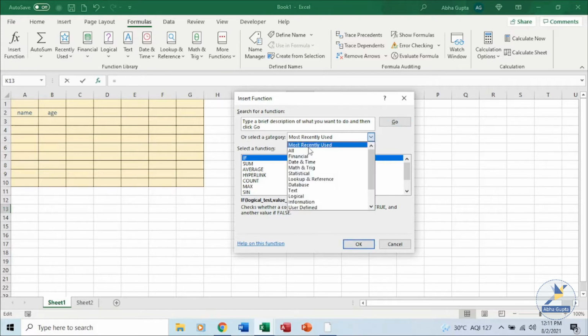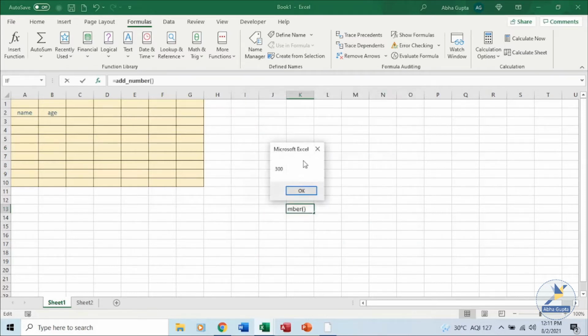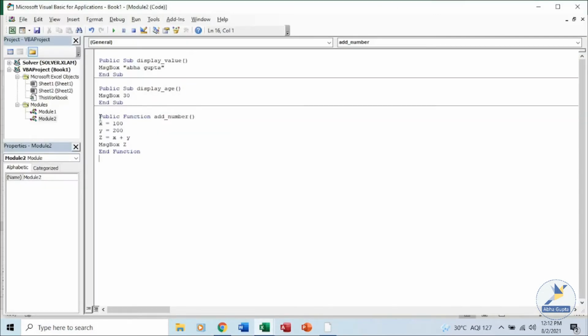So if I click on category and select user defined functions, you can see your function here. Just add number we have created, click on OK. You can run the function from there also. The function is being inserted. You can see the result. So this is just a simple function where I've tried to tell you how we can assign the values and display.